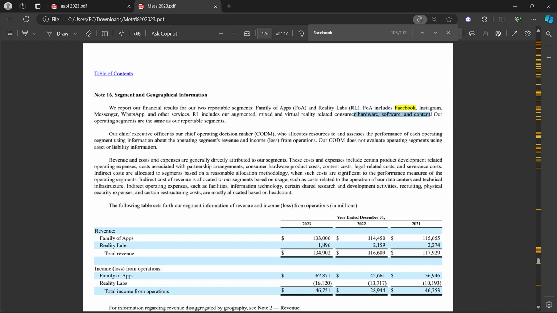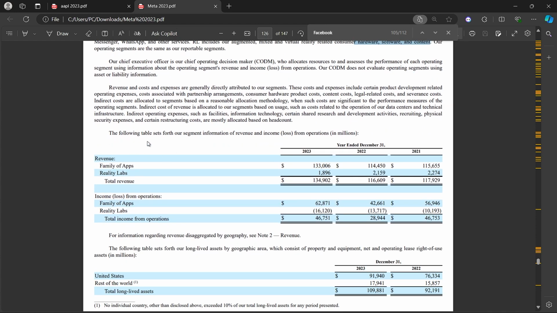As you remember, I told you, Meta is heavy on this metaverse project of theirs, and they're finally starting to realize some profits from it. Okay, and then it has been listed here. Family of apps revenue was $133 billion. Reality Labs revenue was $1 billion. And income, now this is income from these operations. The family of apps generated an income of $62 billion,